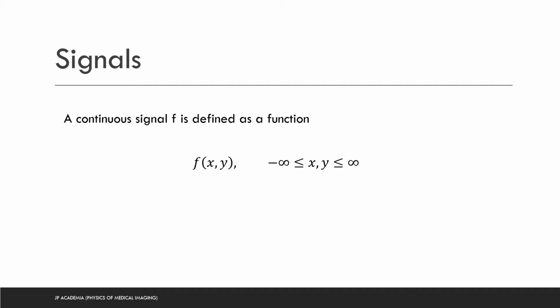Let's start by going back to the definition of a continuous signal. A continuous signal f is defined as shown, wherein we have two independent variables x and y, and these two independent variables are continuous as stated here. The signal can be represented and visualized in various ways. So your f here can be defined as the function or the signal, while x, y, these two independent variables, can refer to the point